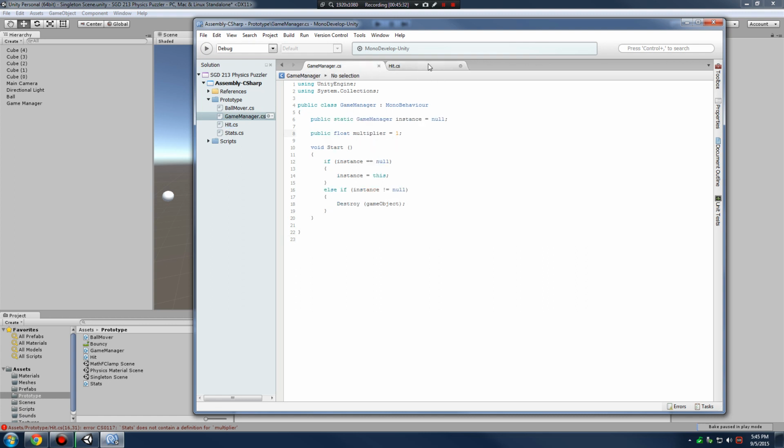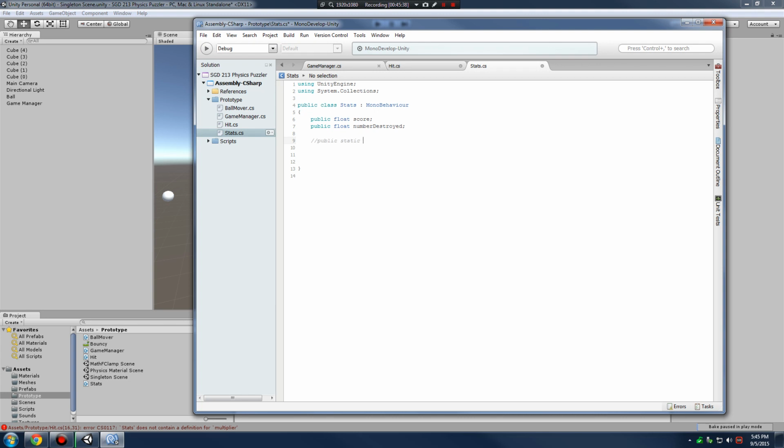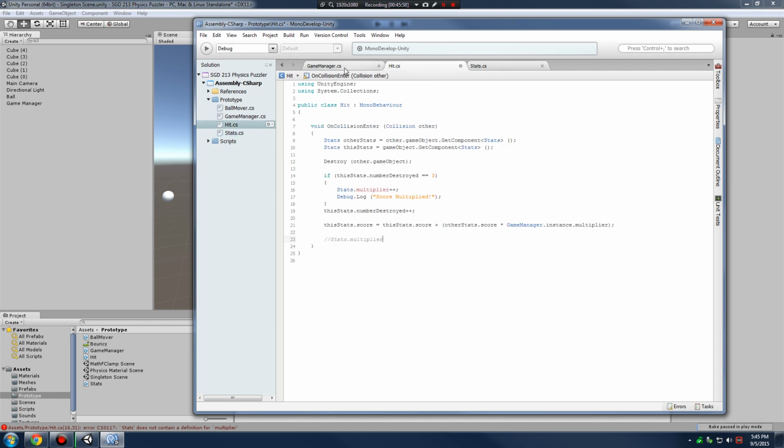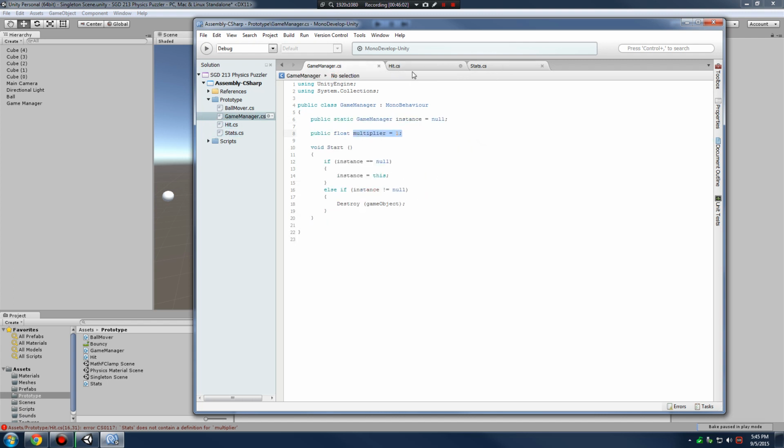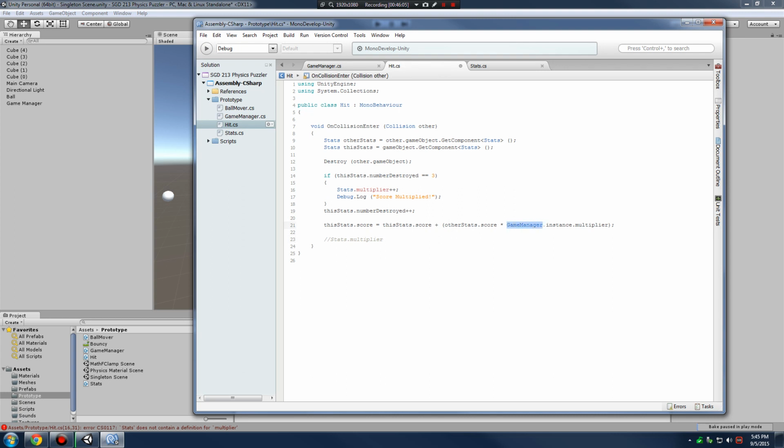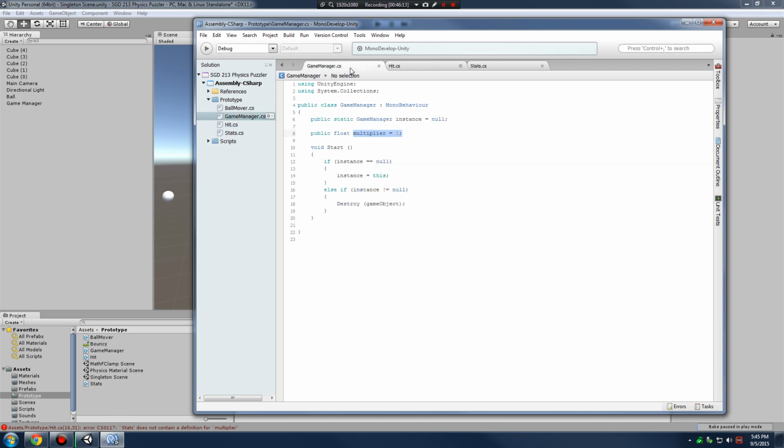Well, that's because in our stats, let me bring up stats again. In stats, we had multiplier already set to a public static float. All right, I'm just going to comment that out because we don't want the multiplier there. But here, we've already taken care of the public static by declaring this variable right here. So anytime we want to get at my multiplier in my game manager now, we're going to use the type game manager, the variable that we created right here called instance, and then we can get at the multiplier variable